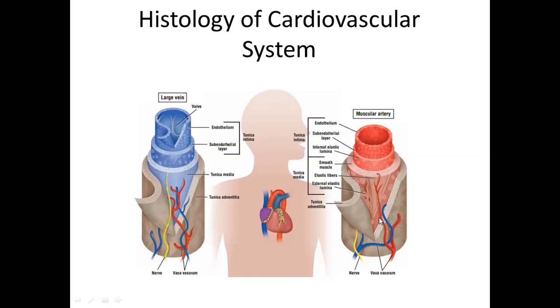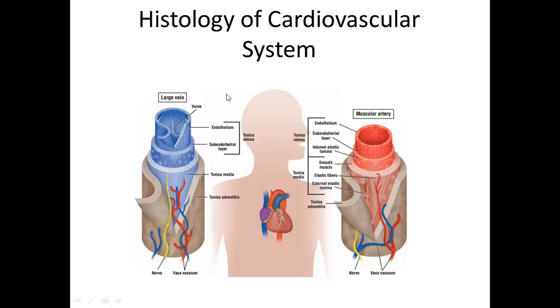The practical objectives or learning outcomes of these two practicals are that you will be able to identify the histological details of the walls of the heart, how many layers there are in the wall of the heart, and what the various histological structures making up those walls are. Similarly, the arteries and veins, the tubular structures carrying the blood to and from the heart towards the periphery, are made up of multiple layers, and those details will be discussed in the practicals, and you have to identify them.